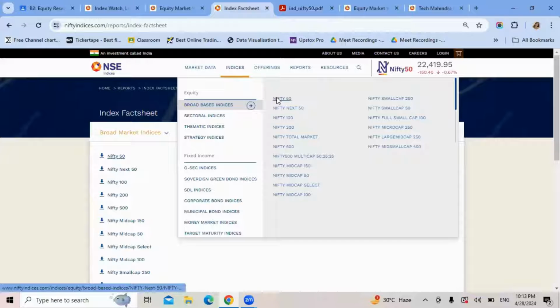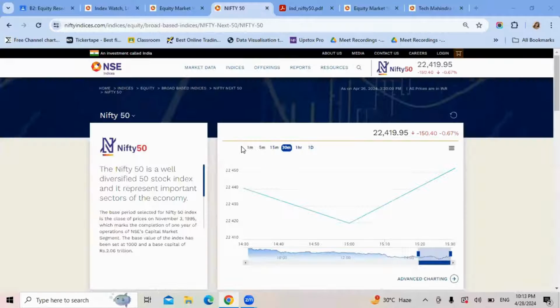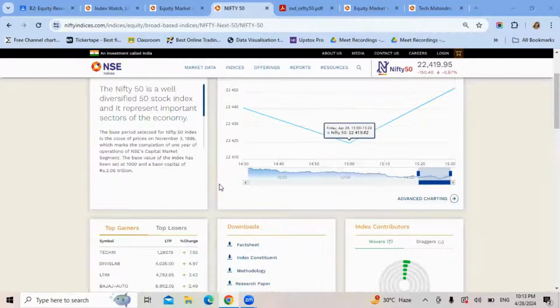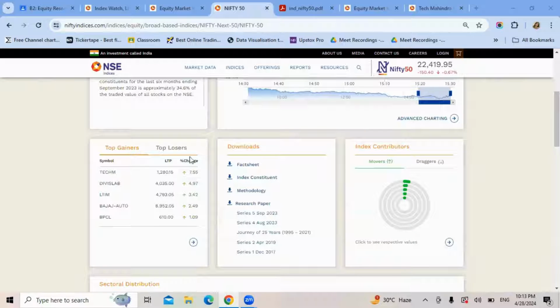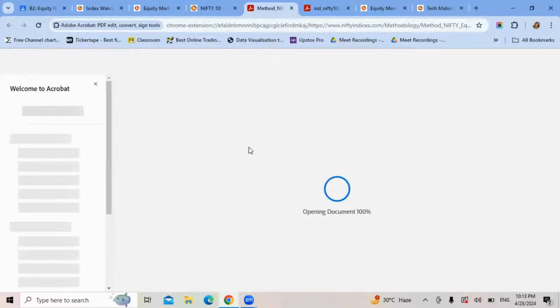Let's say I want to know about Nifty 50. Again, I can go to indices and that respective index and read more about it to develop an understanding of the stock market and finance in general. So when you go to indices, you go to Nifty 50, this is what arrives. And here you can read about who the top gainers, the top losers were, the fact sheet, the index constituents, and the methodology. So as I was specifically talking about the free float market cap being used as one of the methods to compute Nifty 50, you can go to this link and then open the document to see what was the method using which the companies have qualified to be a part of the index.